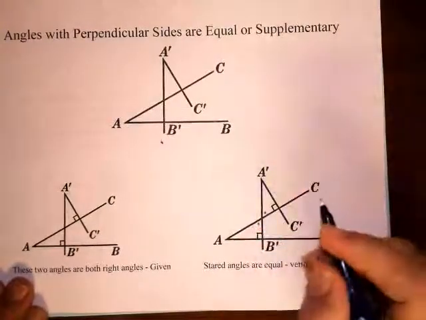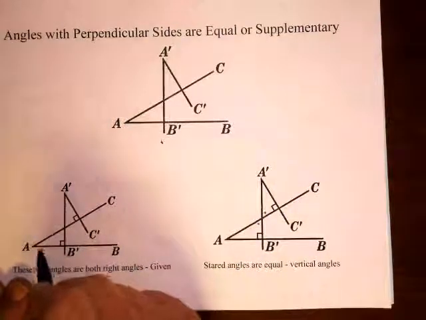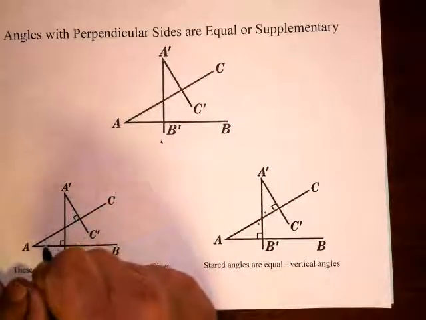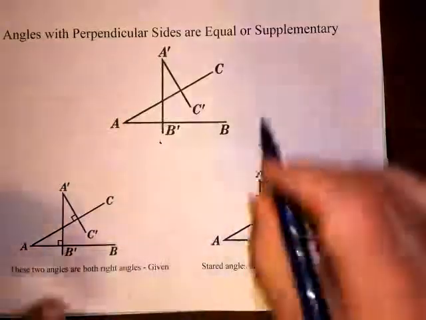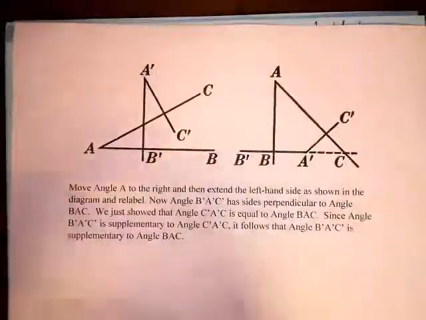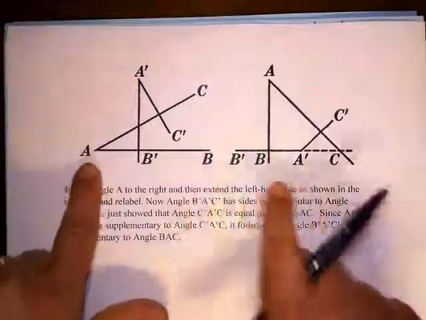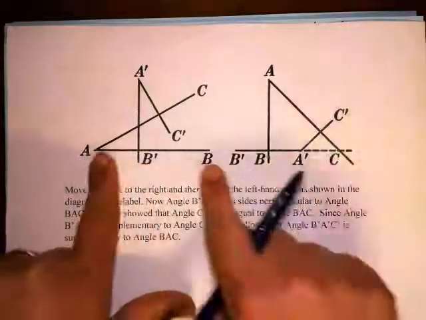Okay, so what that means then is that this here would have the same angle as the ramp here. That's what it means. This is interesting about the supplementary. I don't know if I should have added it, but I never knew this. I knew that the two angles had to be equal if they're perpendicular, but there is a case where they could be supplementary. And the way to show this is if I move this angle over here,